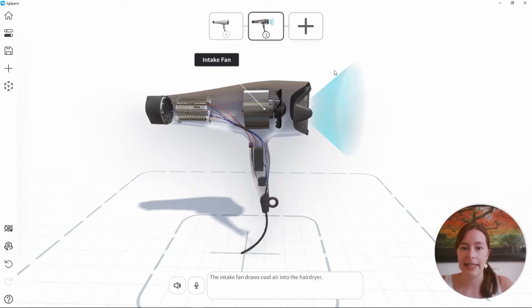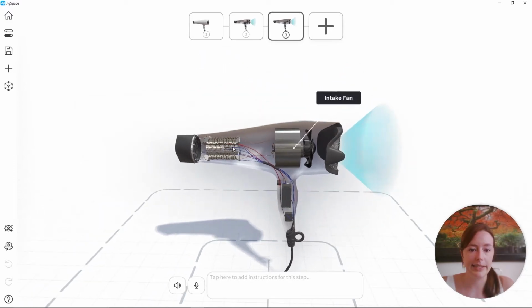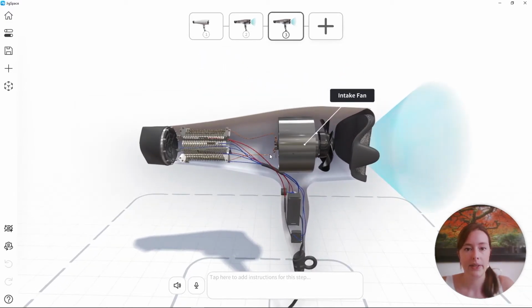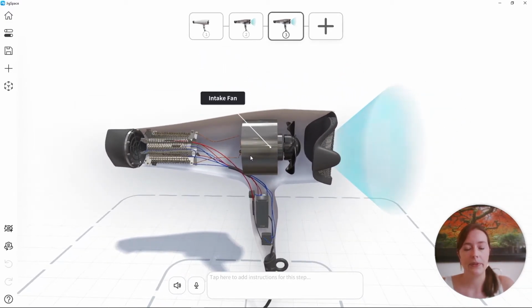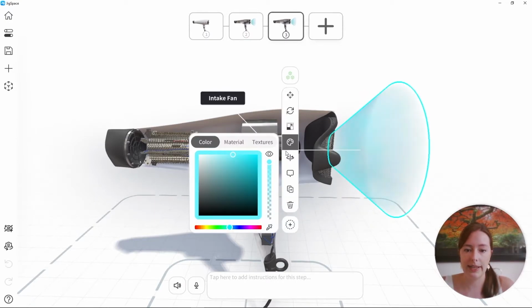And for my next scene, I'm going to add another step. And now on step 3, I want to show the air being heated up by these pieces at the front of the hairdryer. So what I want to do is remove a bit of the distraction that's happening in the right-hand side of the screen. With the focus on the left-hand side, these are drawing a bit too much of that focus. So I'm going to select the flow object, go to the color tool and hide its visibility.